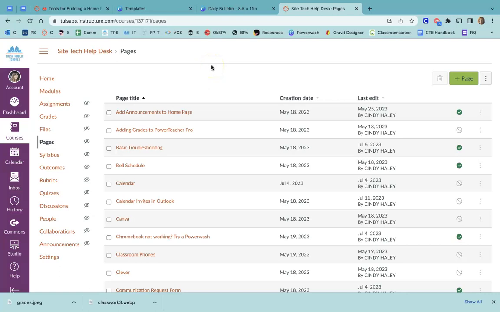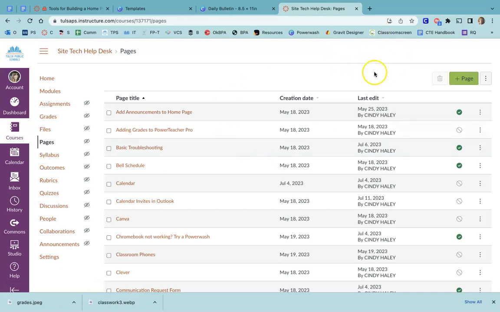Hi everyone, I'm going to teach you how to make a home page within Canvas just using hyperlinks and images. Very simple. You don't have to be a graphic designer or really be all that tech savvy to do this. So let's get started. The first thing you want to do is come over to your navigation and choose Pages,